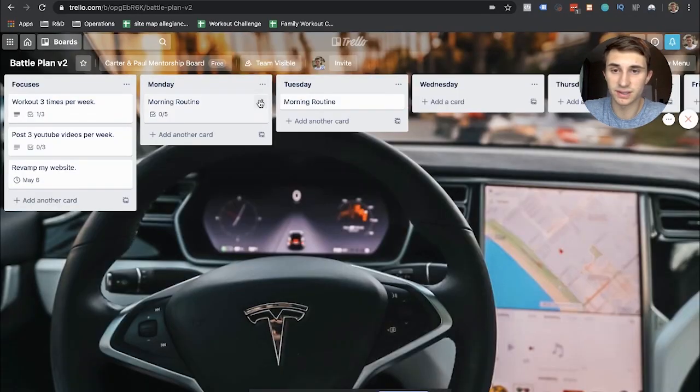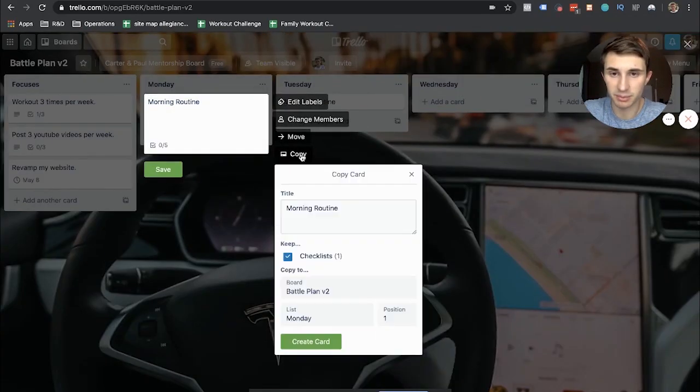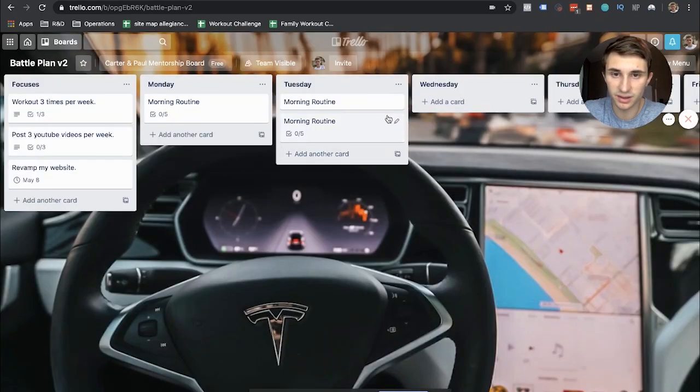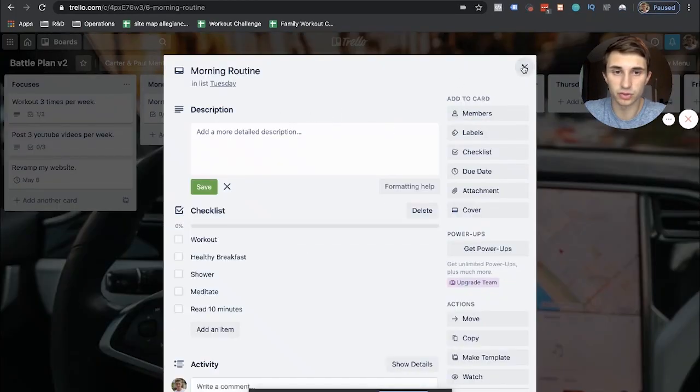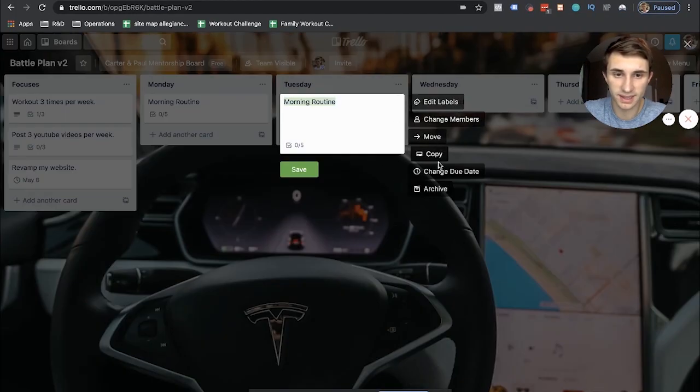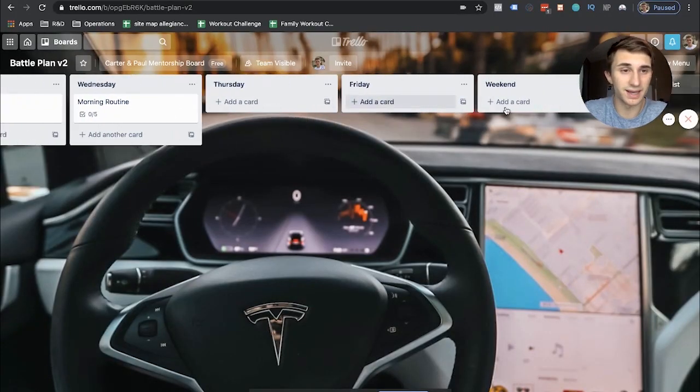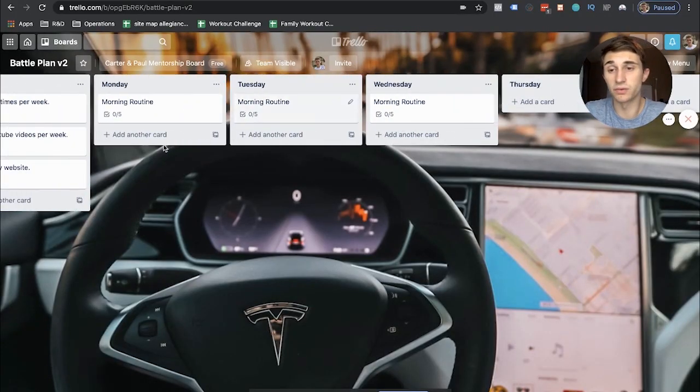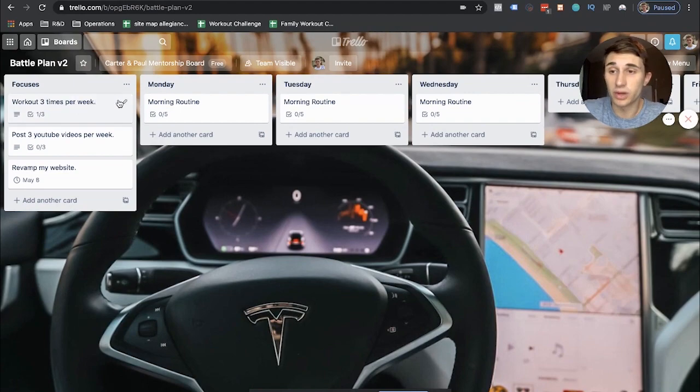And you can actually just duplicate these, copy, and then I'm going to put it in Tuesday. I'm going to create card, and as you can see, that's a really good way to just duplicate your morning routine throughout all these days. And I would just do that for all the days if I have something that happens over and over again.